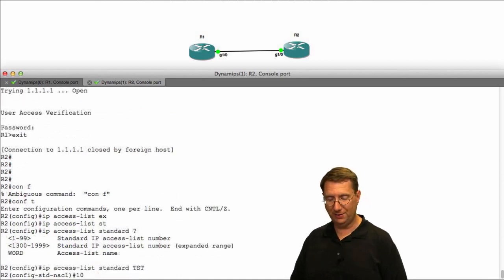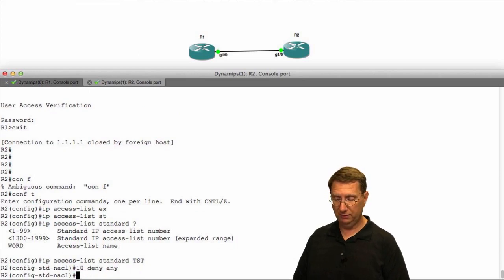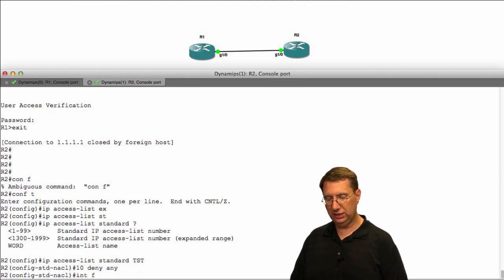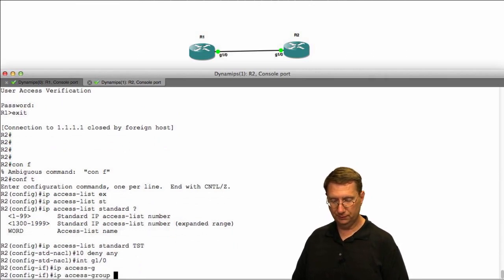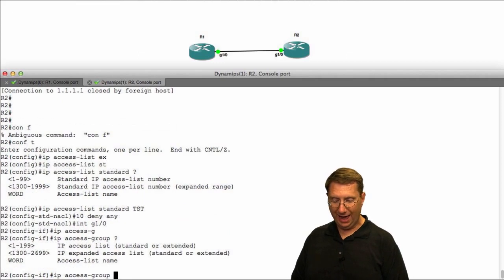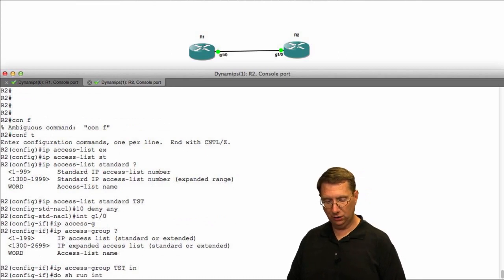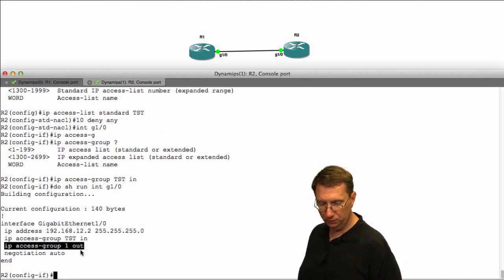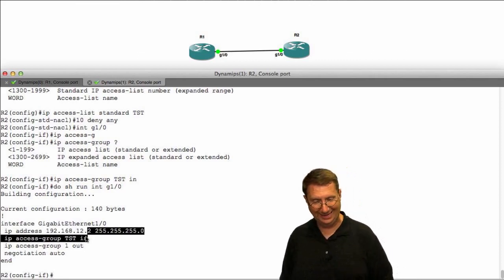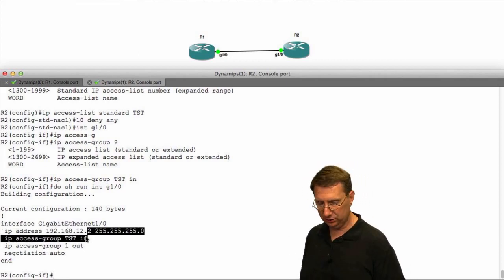Now all I do is just specify my sequence. So it's going to be deny any traffic. Nothing. So we go to the interface. Interface G10, and we say IP access-group. And we're going to specify the access list of test, and we're going to say in. Do show run interface G10. Now what I want you to see here is that we have access group 1 out, and we have IP access group test in. All I'm illustrating is the fact that I can, actually I put this on R2, didn't